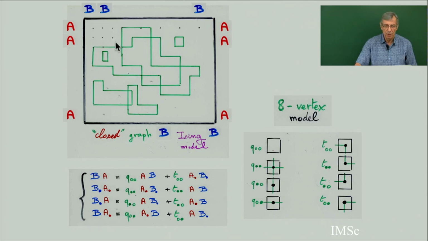Which means you have a certain subgraph, which in physics they call a closed graph. The degree of each vertex is 0, 2, or 4. So in general, if you put any border condition, then there will be some paths going from one border to another border. There will be some loops. Everybody can intersect. But if you put this special border condition, that nobody intersects the border, which means that the word W is B power n multiplied by A power m, if we have m by n rectangles.